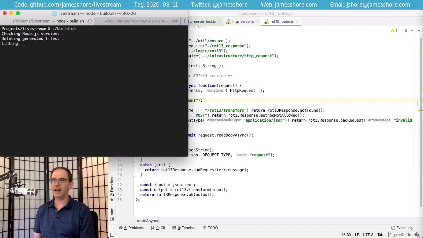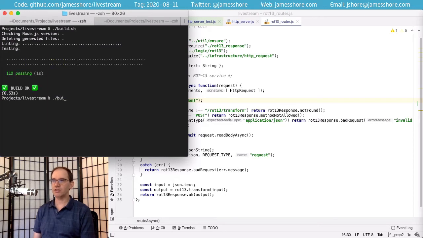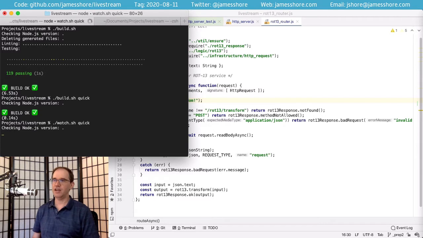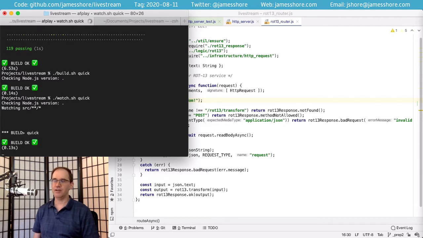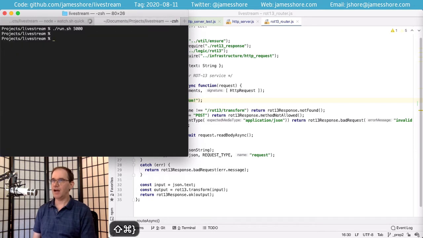That will lint all the code and run all the tests. You can also use build quick to only lint and test the things that have changed. And you can use watch to lint and test whenever files change. And that will also make a little sound like that when the tests pass or fail. To run the code, we're going to use ./run.sh, or just run on Windows, and give it the port. That will start the server.